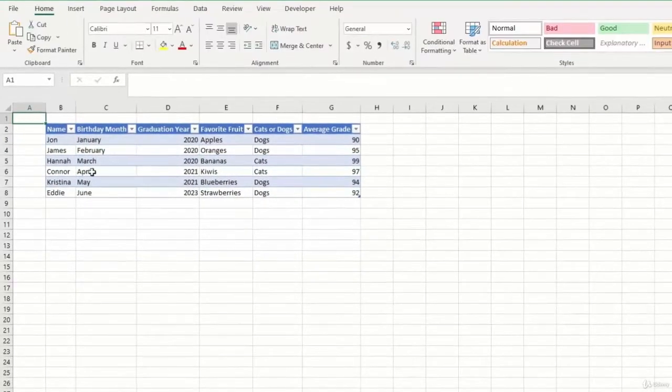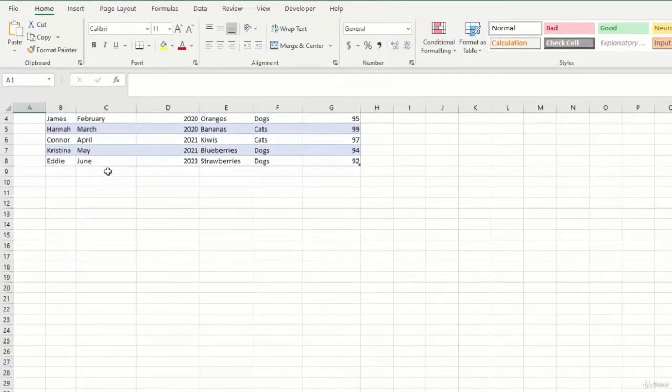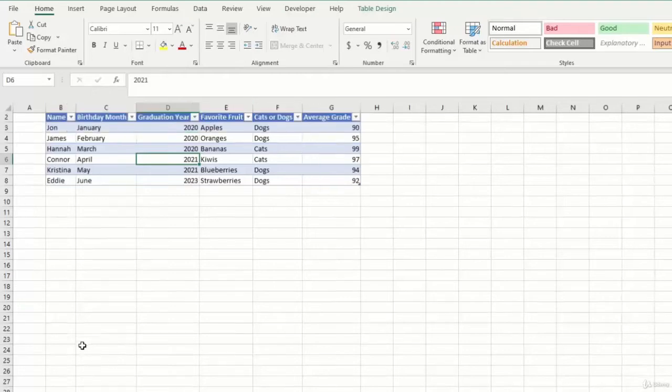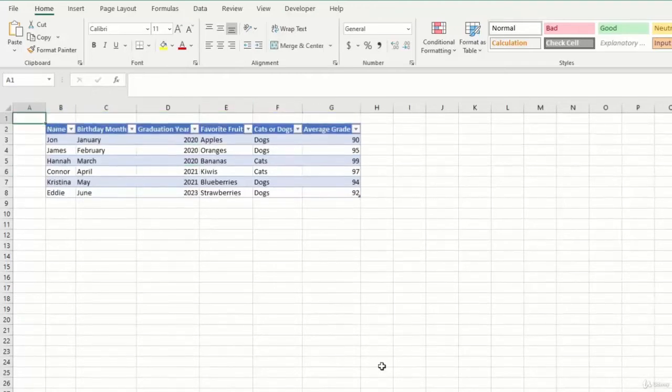We can also see that if I scroll down and I click into my table, I can keep the names, the headers of my columns, all visible. And they'll go away when I click out of my table. They'll turn back into my regular column letters. But as long as I'm clicked into the table, I can always see what the header name of this column is throughout my entire table, which can be really helpful when you're dealing with a lot of data, a really long table, a really large table. It can help to be able to scroll down and still see what column you're looking at and what column